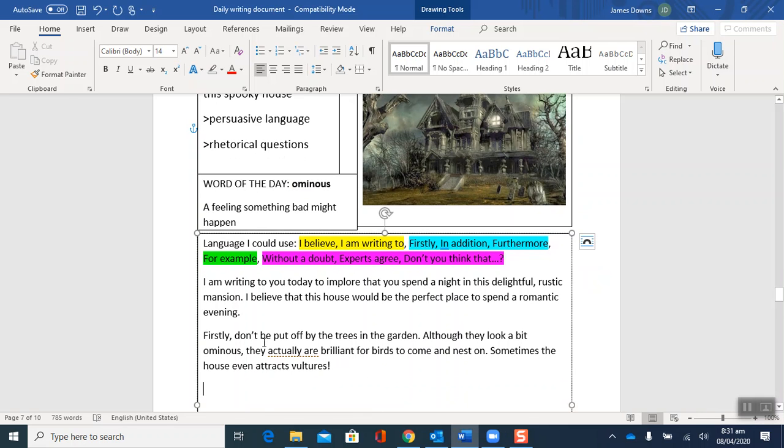So firstly, what was my first point? I'll do in addition next. So in addition. Now let's think about what's going to be inside this spooky mansion. So we say, oh, lovely. We could say we've got lovely, comfortable beds, but then we might talk a little bit about maybe the cobwebs. So it'll be like, in addition,